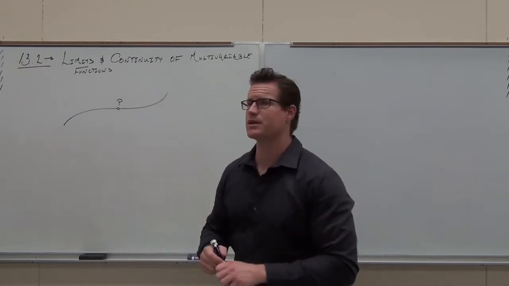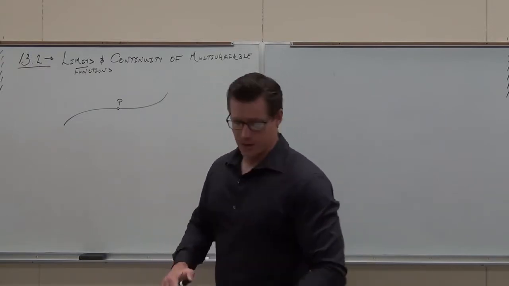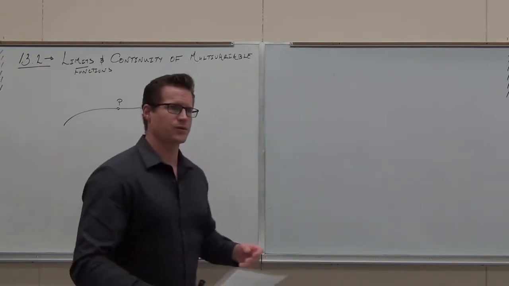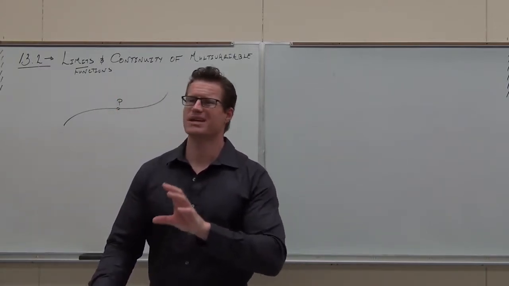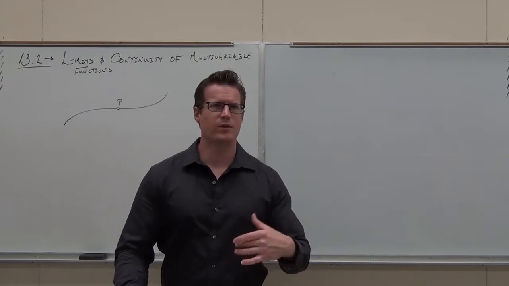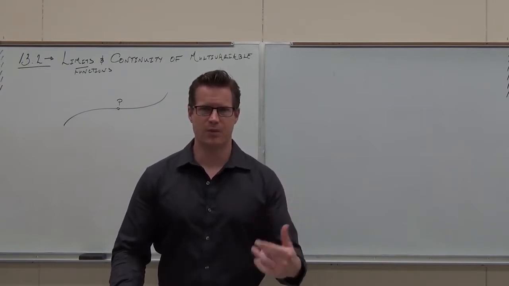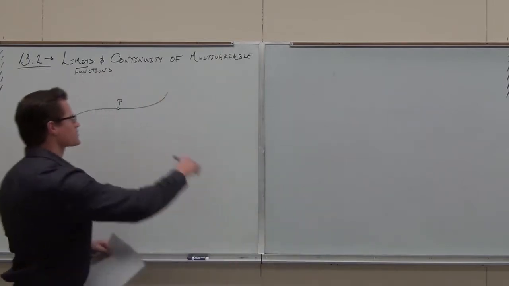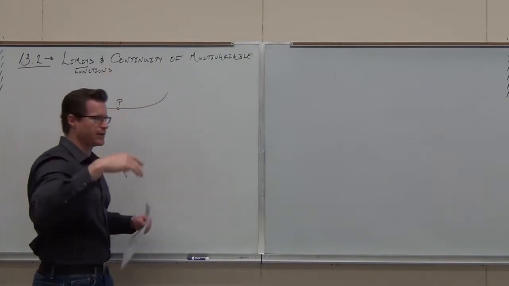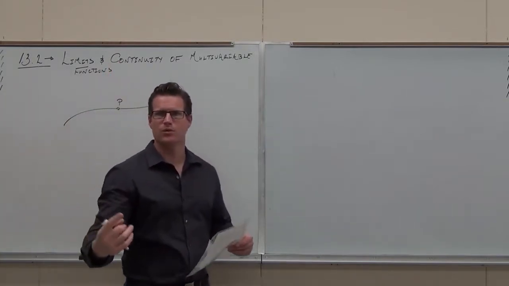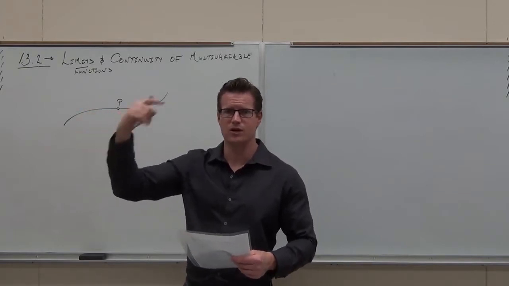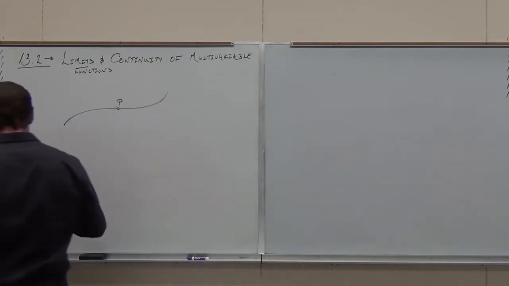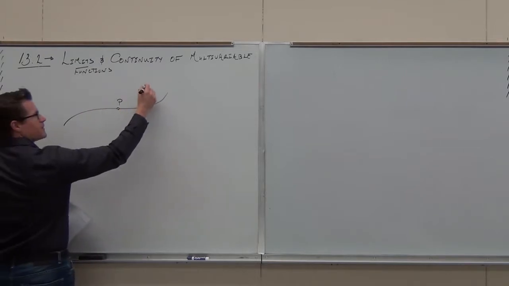Let's start with something that we know. Let's start with something about limits with functions in one variable. And what we mean, of course, when I talk about variables, I mean independent variables. So when we have a function of one independent variable, we get this curve on a plane. That's entirely what we have. One variable, two dimensions. Remember talking about that last time? One variable, two dimensions. So if this is my function,